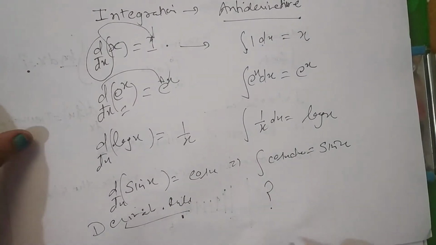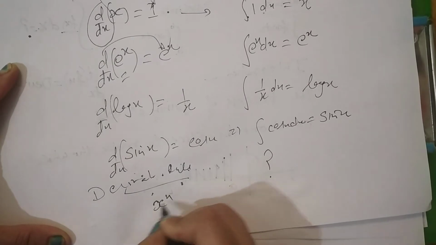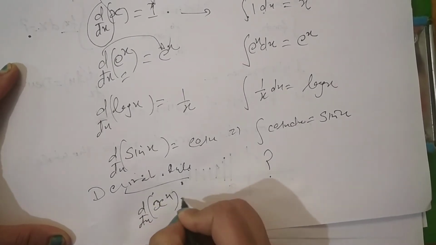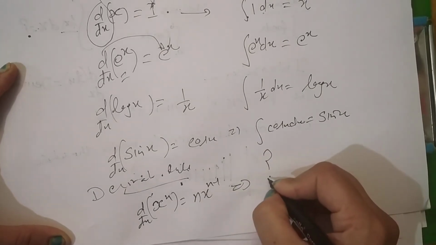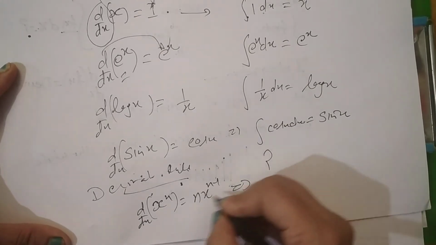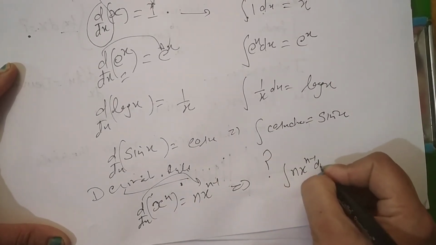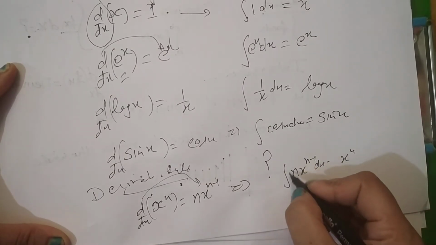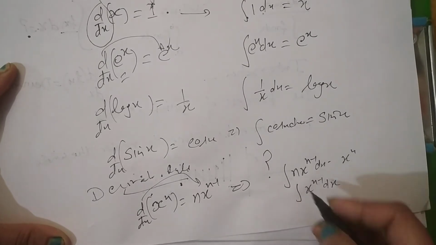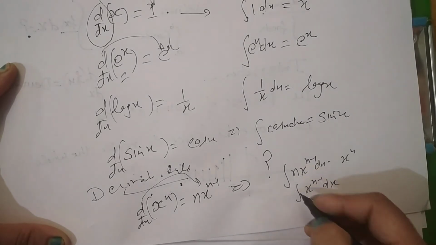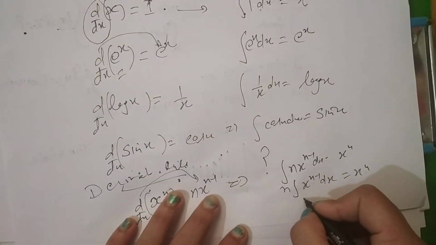So now one important formula that we will do today is, if we have x raised to power n and derivative of which is n into x raised to power n minus 1. If we find the antiderivative, means integral of the same, the derivative goes on the other side, it will be integral of n x raised to power n minus 1 dx is equal to x raised to power n. This n is constant as in derivative. Similarly in integration, the constant can be taken out of the bracket and it will go to the other side.